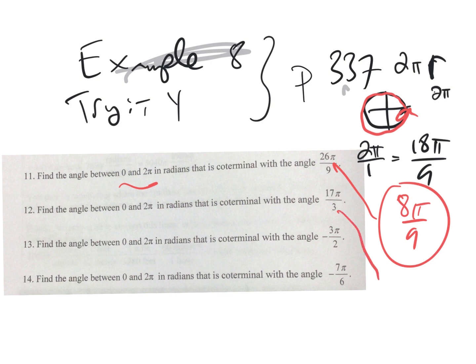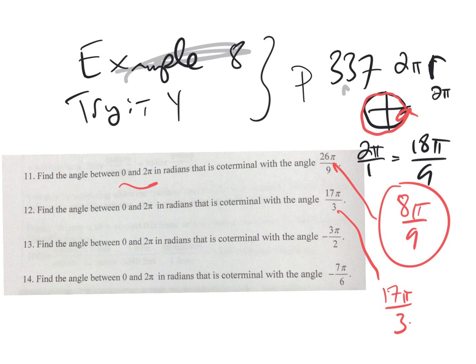How about 17 pi over 3? Well, let's see. I'm not going to say right now, but what do I have to subtract from that? Because that's certainly more than 2 pi. So we know we're going to subtract off some revolutions. So I want you to stop the video and try to figure it out, or just continue listening. So I know I want to take away 1 revolution, or maybe I have to take off more than 1 revolution. But I know that 2 pi over 1 is the same thing as 6 pi